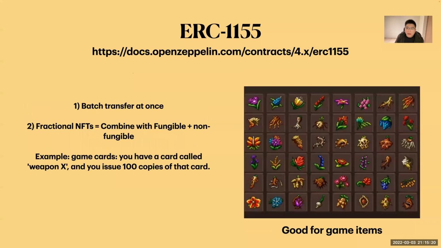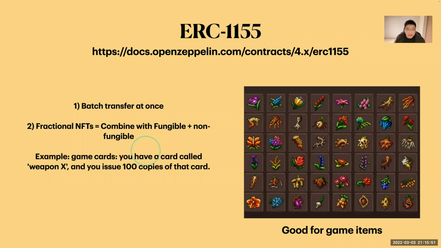That means if we have a token for these pictures and you want to transfer, it's only one object. Okay, but it's not good for games. Right now, games use NFTs as assets like items. For example, if we have items like a weapon, maybe an herb, or HP, MP potions, we don't want to pay the gas fee many times to transfer or update on the blockchain. So the purpose of ERC 1155 is that we can do batch transfers at once.